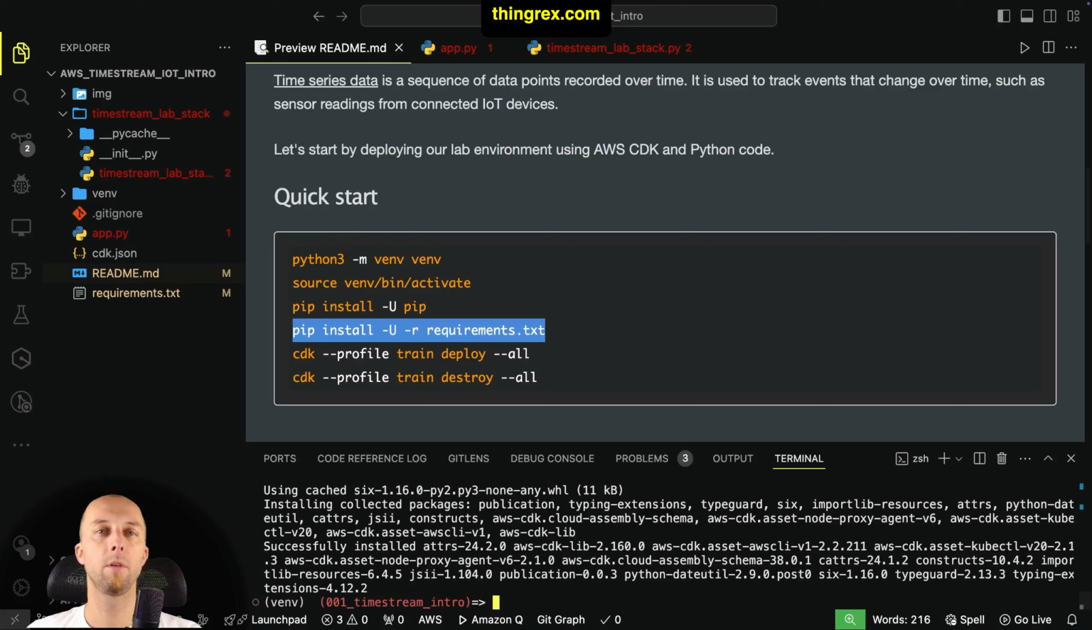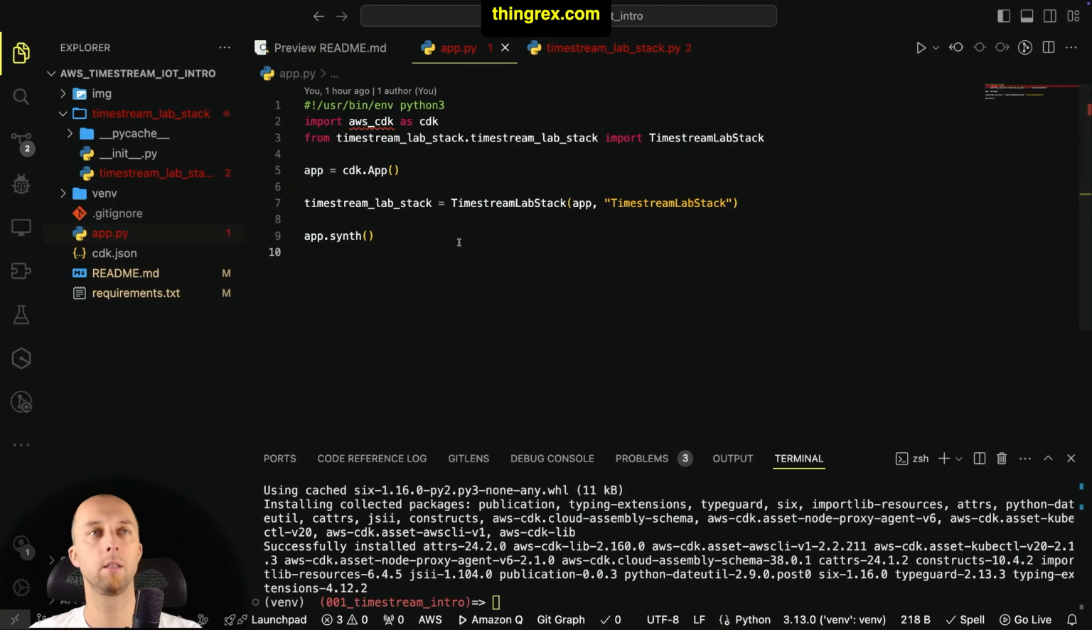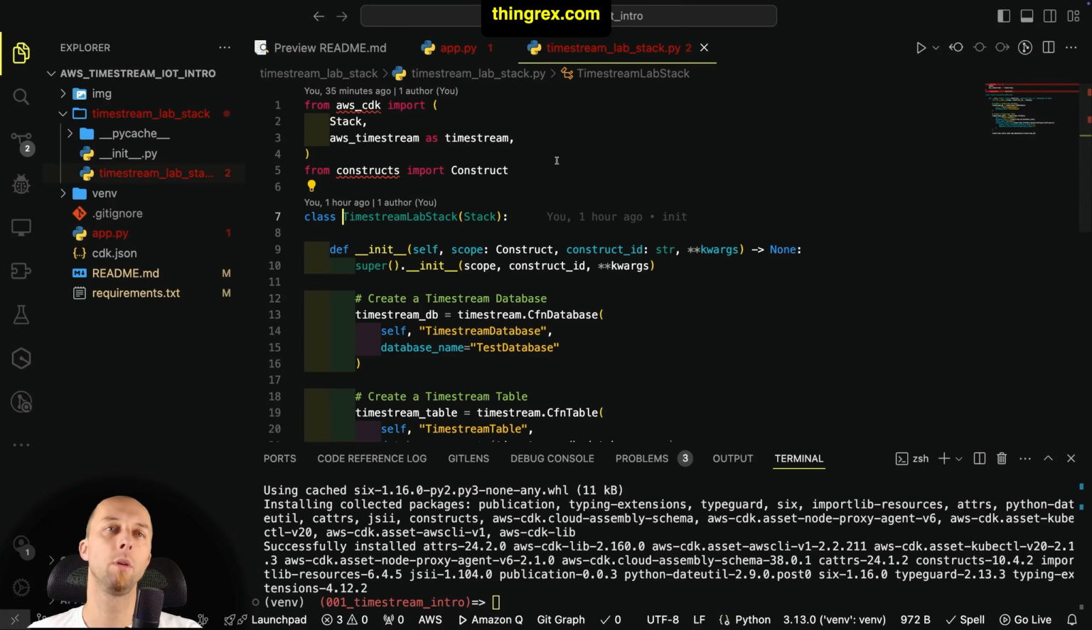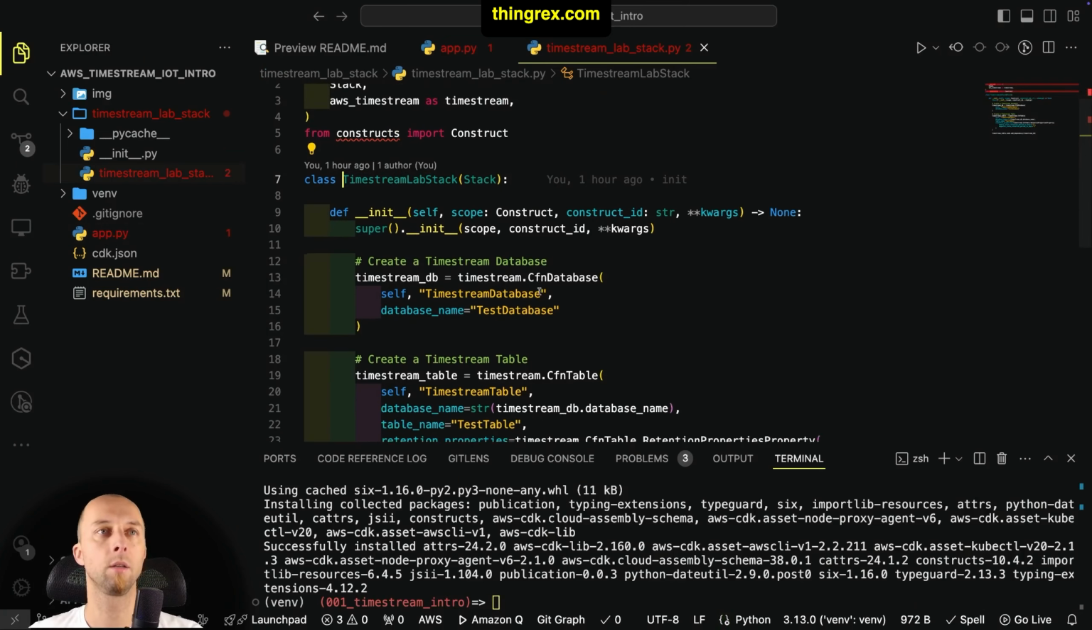Okay, before deploying our application, let's check the source code. This is the overall structure of our app. app.py is the main file that consists of all of the stacks that we are going to deploy. We use only one stack, which is the TimeStream lab stack, and if you go inside that stack, you can see that we create a TimeStream database, we call it test database,